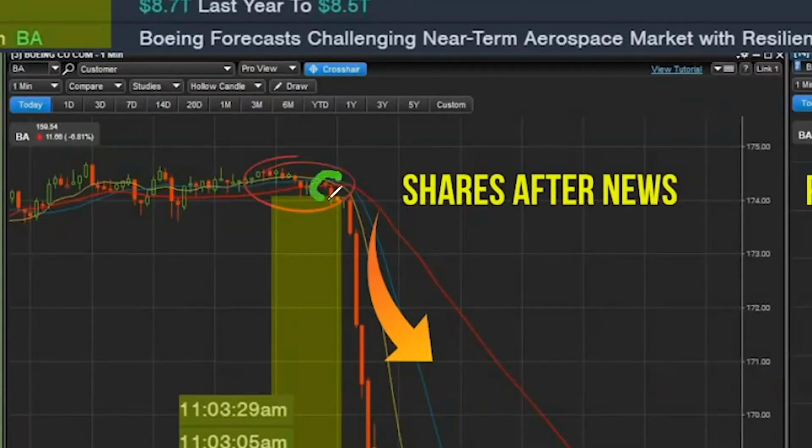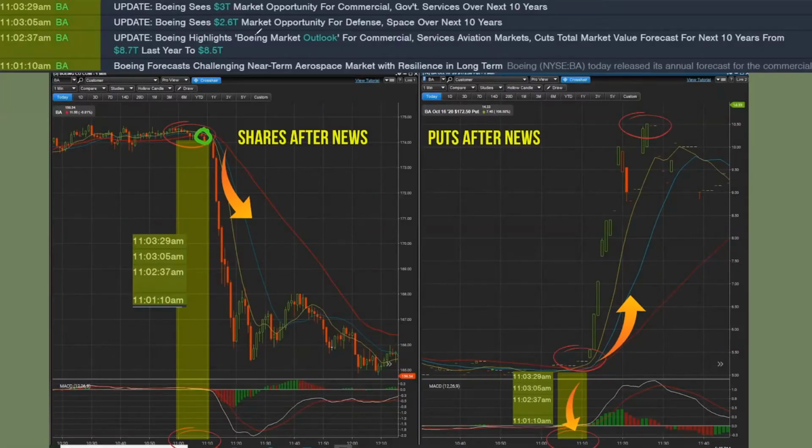So here's your entry right here on those puts if you're just following the trade plan. Even without that news, there's the trade plan entry. But with that news, you're able to get in even a little bit earlier before it comes on mainstream media. Okay? And then like I said, when you're trading puts, remember what they say, down like a rock, up like